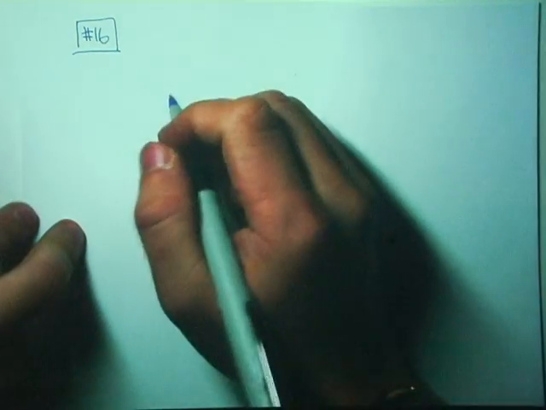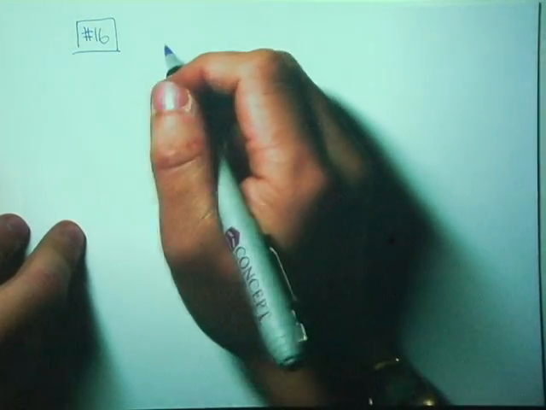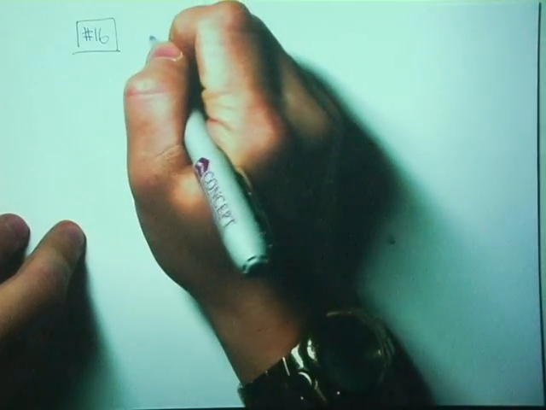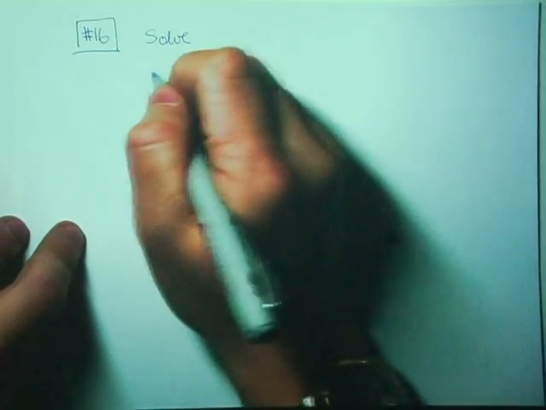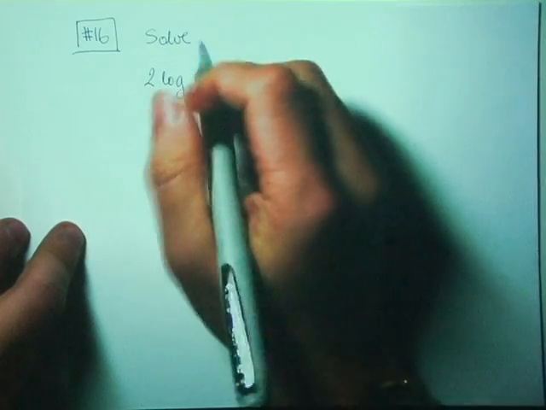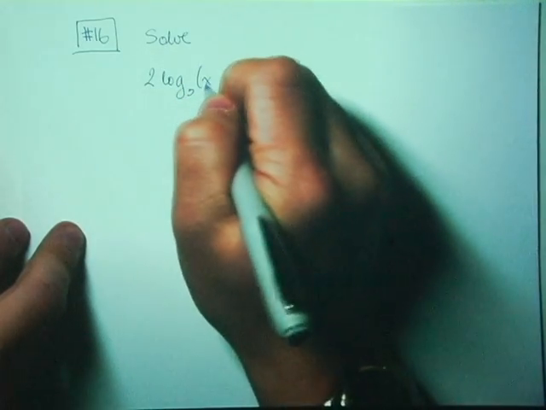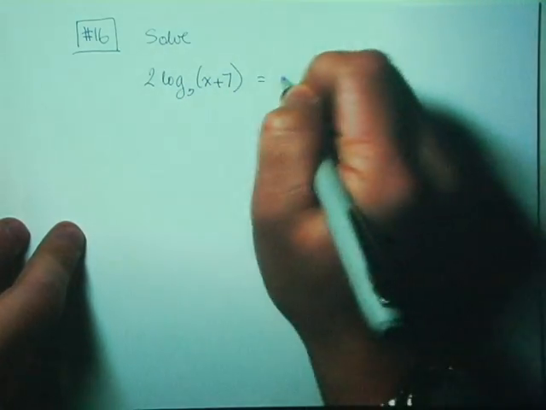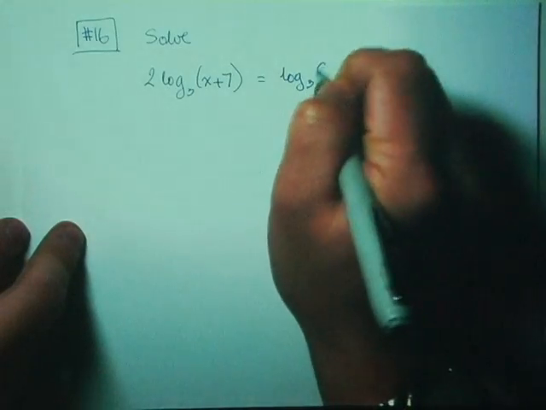All right, in problem number 16, and allow me to skip number 15. Problem number 16, another logarithm equation to solve for. So we have 2 times log base 3 of (x + 7) equals log base 3 of 9